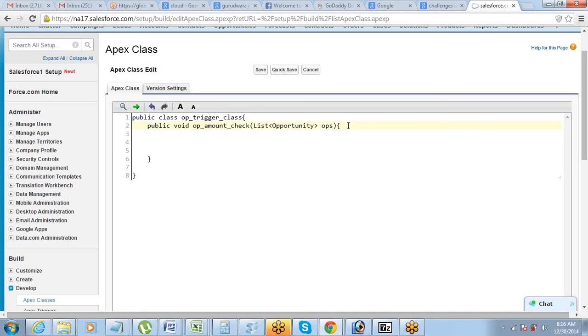Now let's start writing the code. So first thing is we want to do a sum of all the existing records.